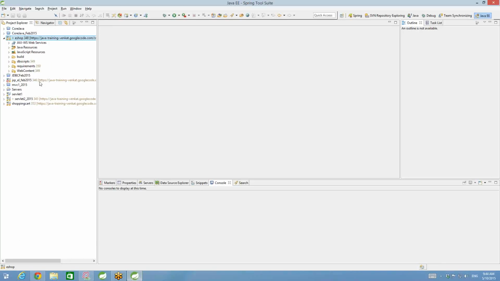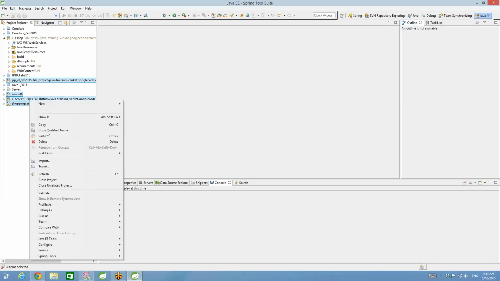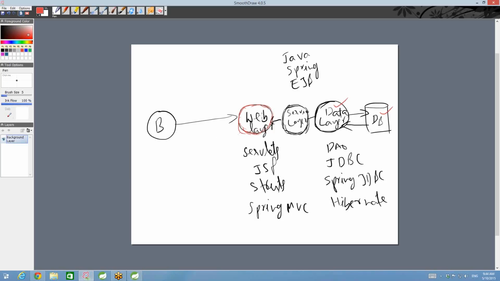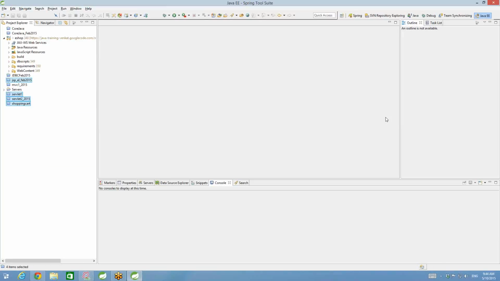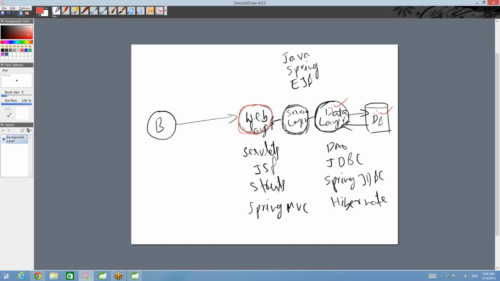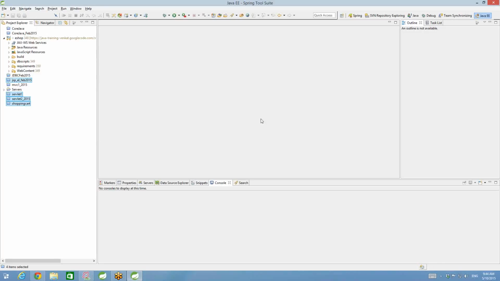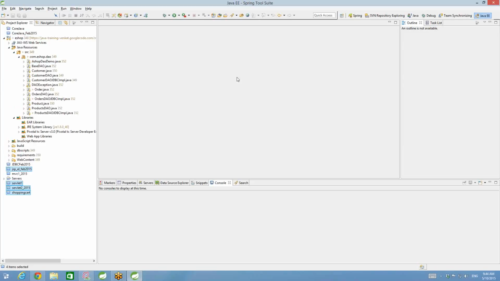Okay, so that's the idea there. So at least this architecture you need to know. So the bottom-up approach that we have taken: database layer, data layer, and then ideally, if we had talked about it, we would have gone to service layer and finished that one, and then we would have gone to web layer. But now we're going to web layer directly because there's no service layer at this point. Okay, so